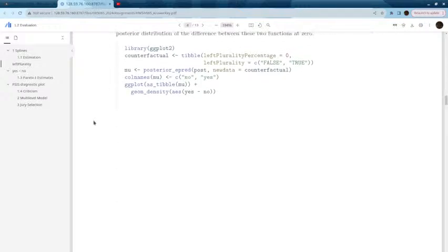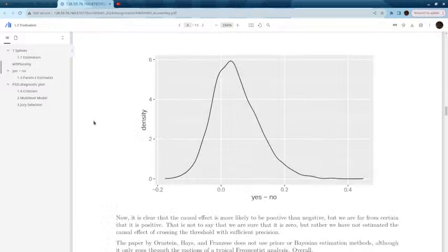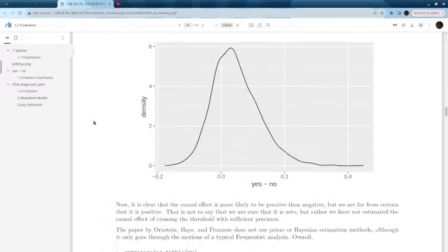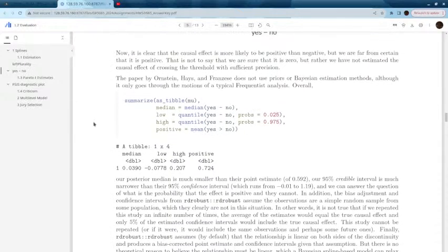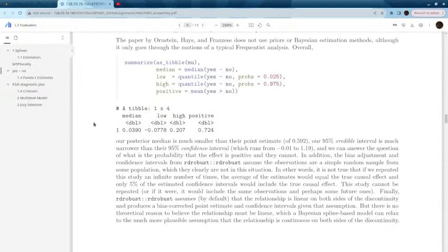And when we plot that, it looks like this. So just by looking at it, we can see, more likely to be positive than negative, unlikely to be huge, maybe longer right tail than left tail, all sorts of things like that. So that plot is pretty useful. But we could actually calculate some specific numbers and, roughly speaking, compare that to those in the paper, keeping in mind that the paper uses